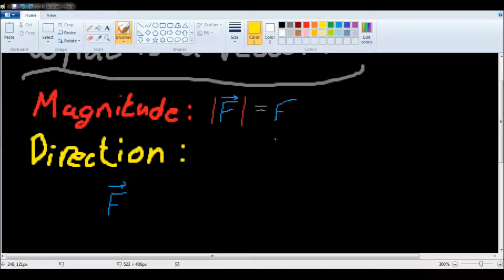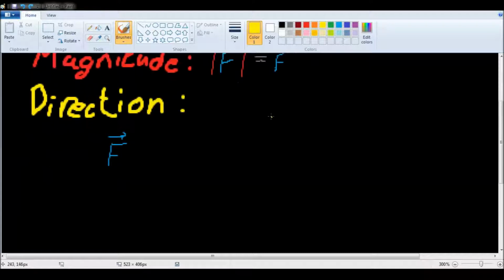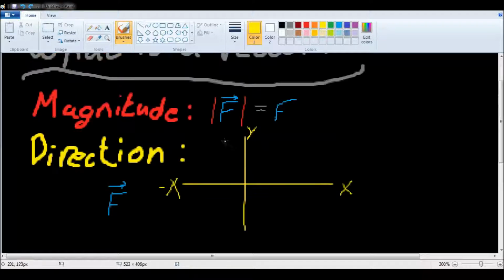I could also say that it points in a certain direction, if I have an XY coordinate system, with that being x and that being y, I can say that it points in the positive x direction, or in the negative x direction, over here. And I can do that using several different forms of notation with this magnitude of f. And one way, and the common way to denote that, is to use what are called